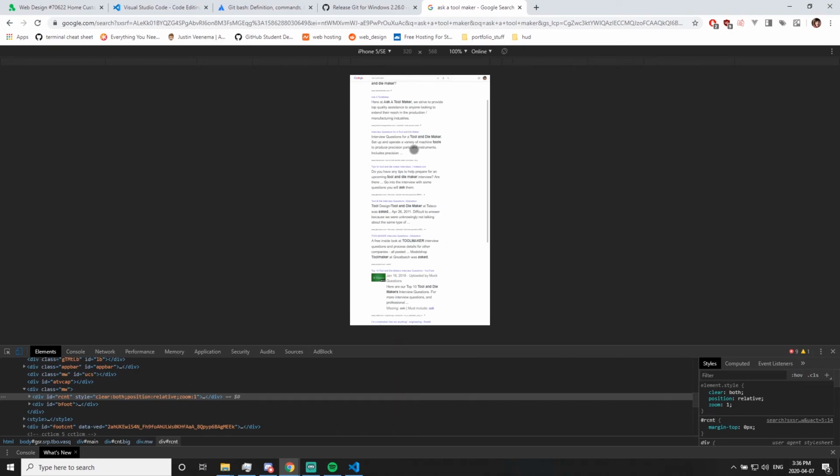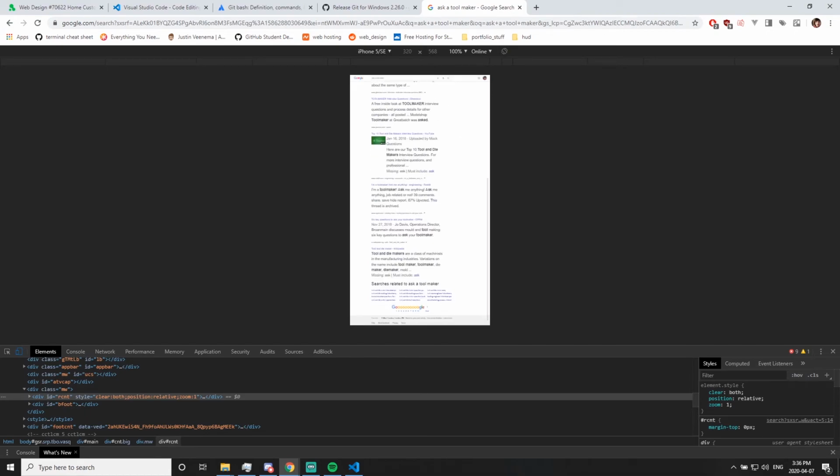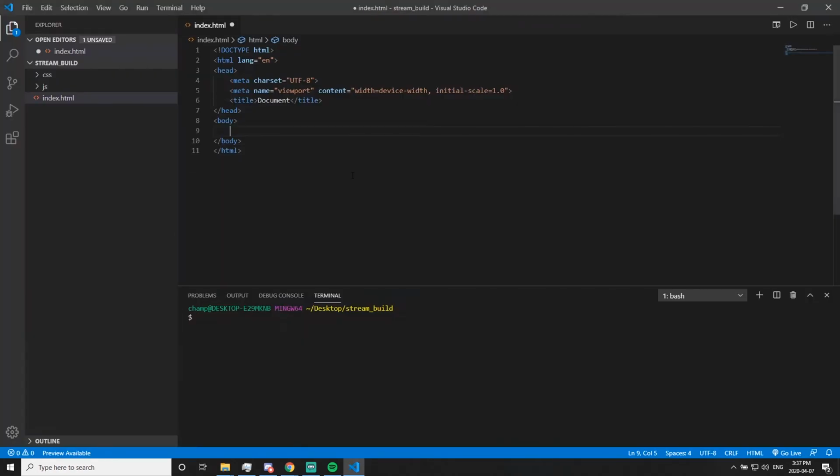If I set it to iPhone 5, I'm looking at the viewport of an iPhone 5. This is what an iPhone 5 might see. Chrome is shipped for it, so we're not going to worry about the responsiveness of it, but this is an iPhone 5 viewport. This is what is going to be displayed on iPhone 5. So we've called it viewport because we want to target a viewport. Now the content tag is the value of the name. So with content,